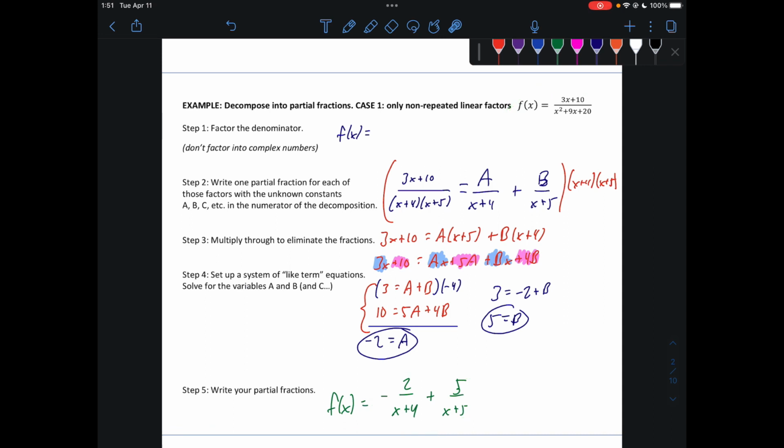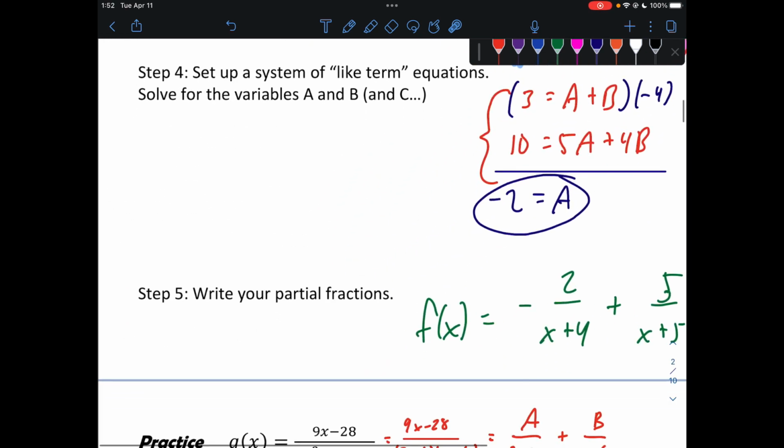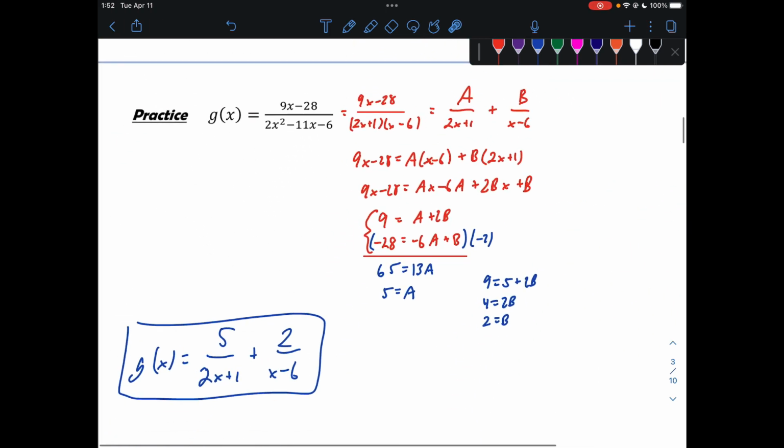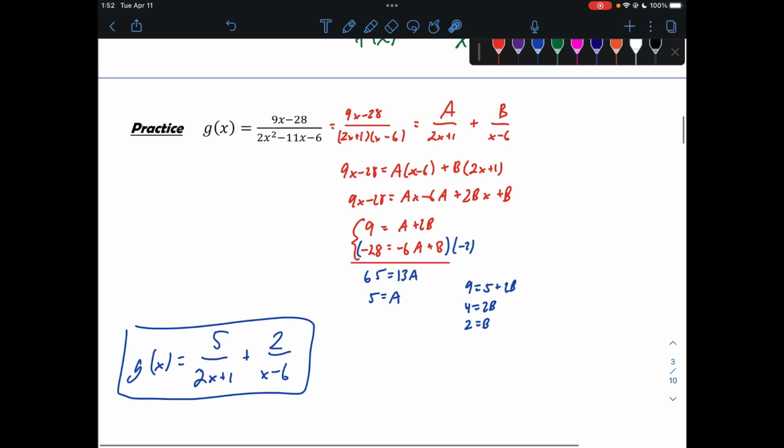At this point, I would encourage you to pause this video and try the problem on the next slide, g of x. Unpause it when you have completed it. All right, here is your work and answer for your practice problem. Let's move on to